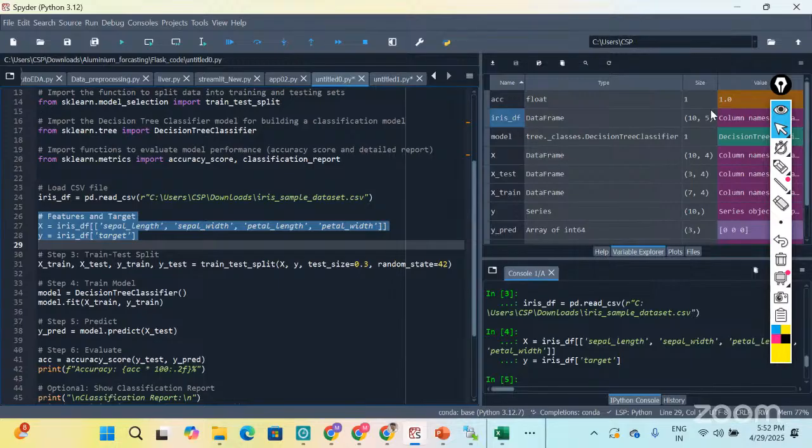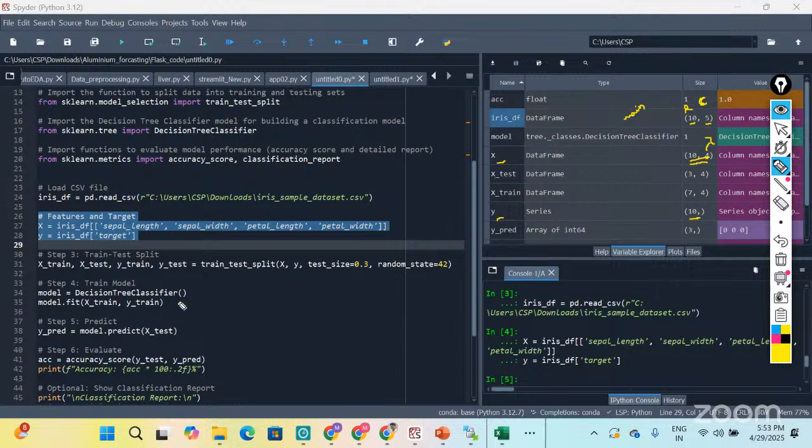See the dimension. Before it was 10 comma 5. 10 comma 5 is nothing but 10 rows and 5 columns we were having. This is our main data. But when we split the data into X and Y, now see what is going on. Now it becomes 10 comma 4. Why 4? Because we are not taking the output variable. Here the fifth one is the output variable, so we are taking only up to the input variables. And see the Y. Y is only 10, meaning we are having only a single column with 10 rows.